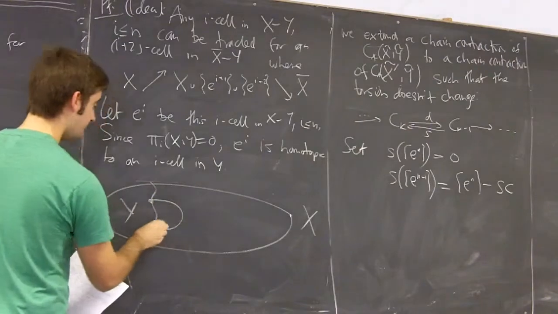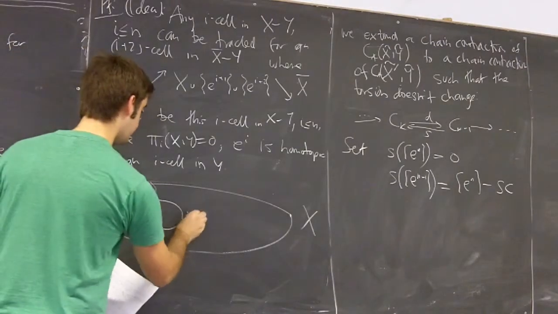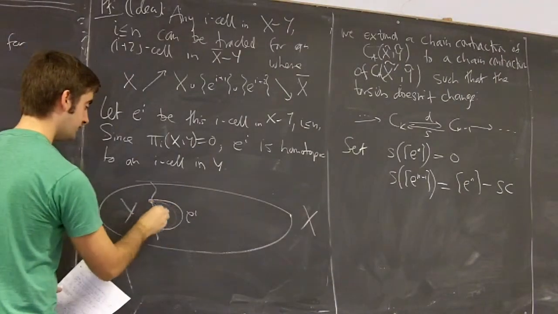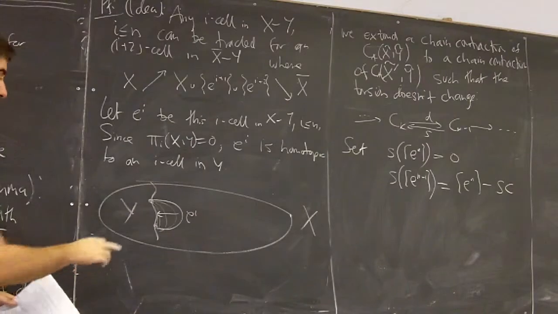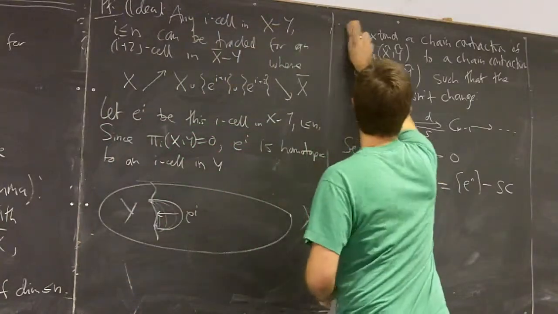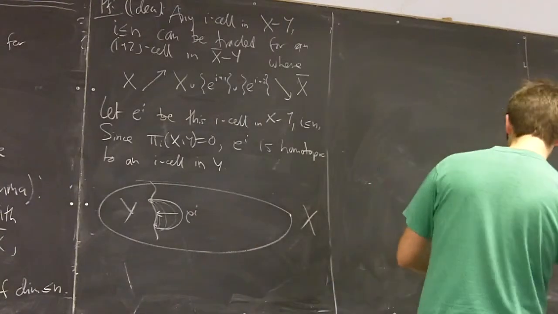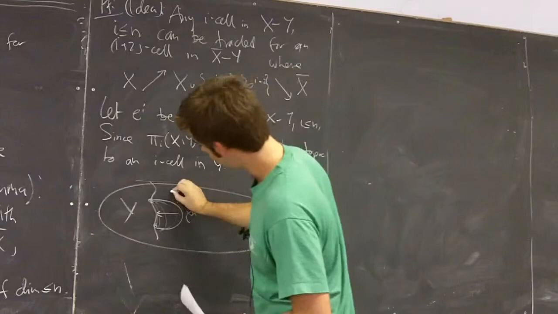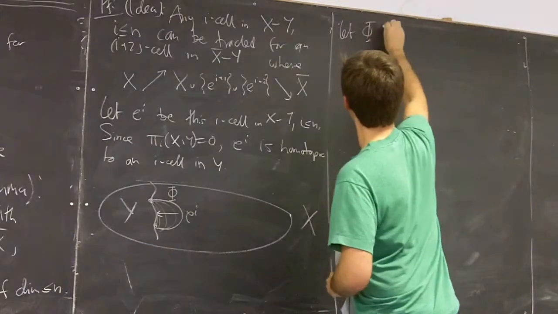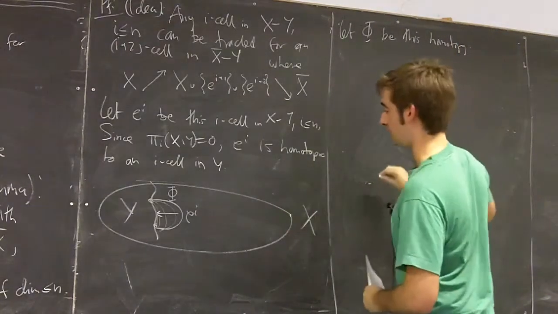We have an I cell in X attached to Y. This is EI, and because of this relative group being 0, we've got a homotopy that takes that to an I cell in Y. And we're going to denote this homotopy by capital Phi. So it goes from